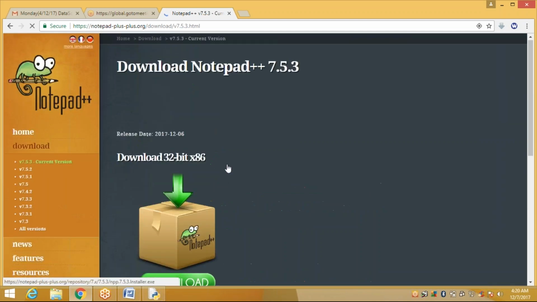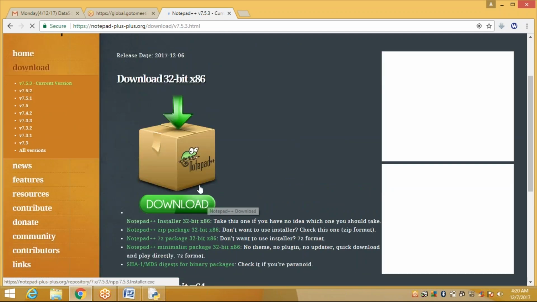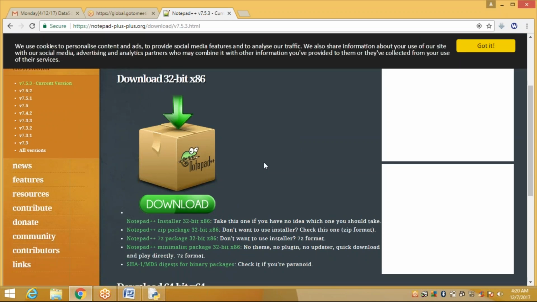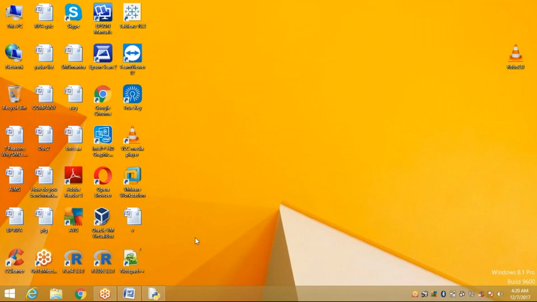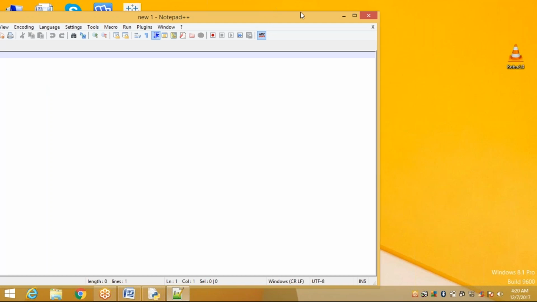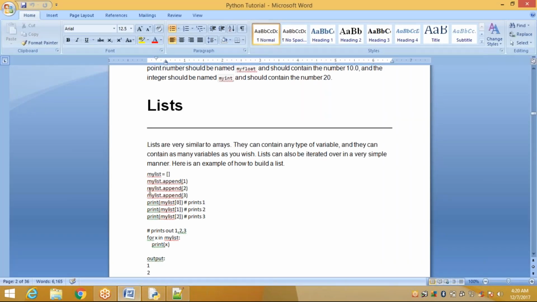About version 6.5, at least version 6.5 you can download. After downloading, you can install it. After installation, it is available on your desktop. Now open it. You can write your code here, or directly copy it also.